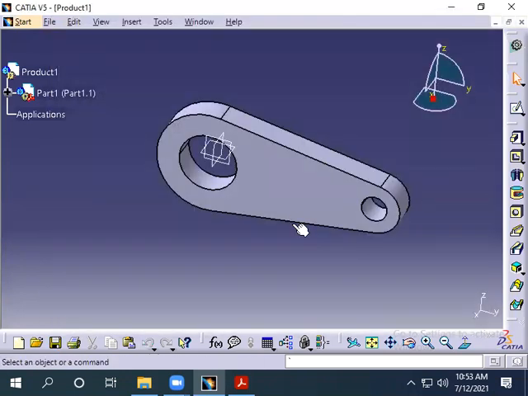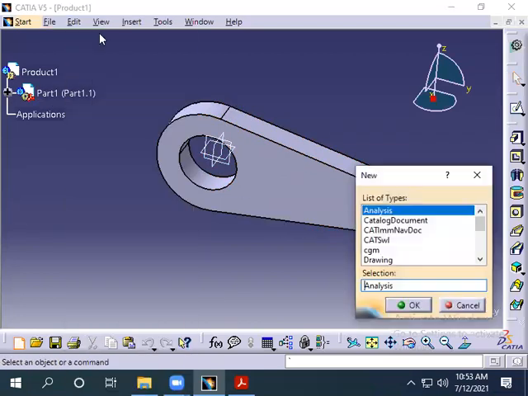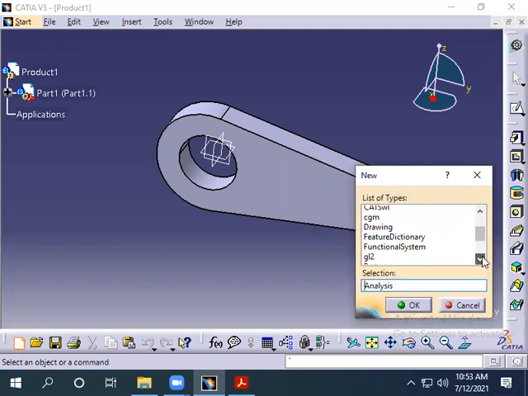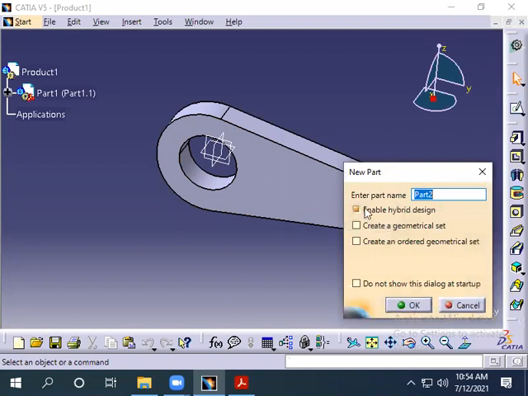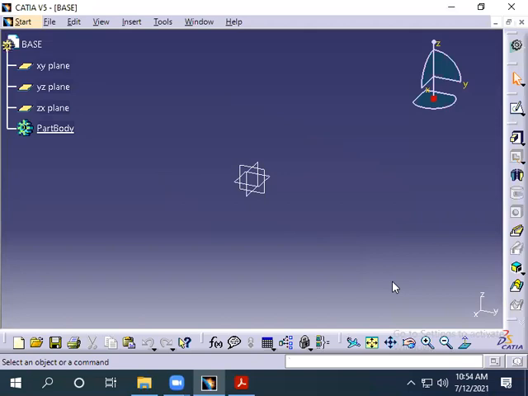Part 1 is having more names, that is why. Now you see file, new, part, you say okay. Give a name, maybe base. You say okay. Another new file opened.